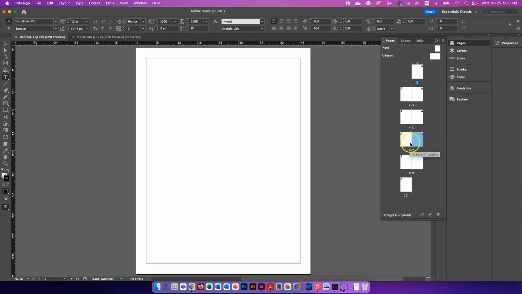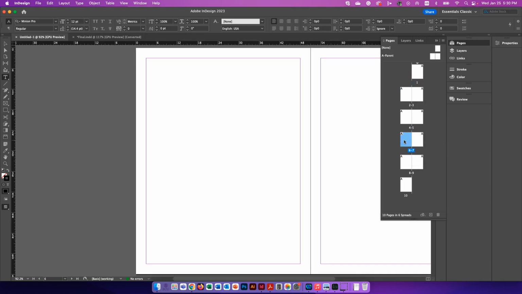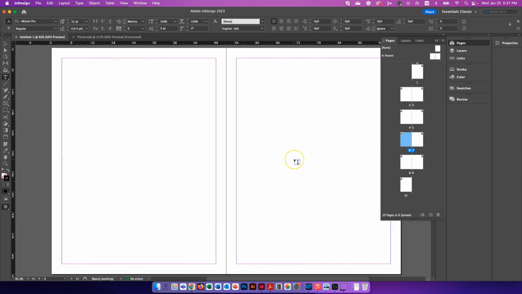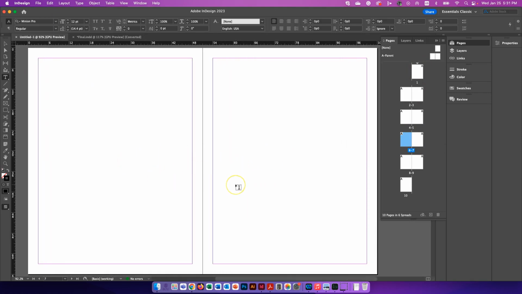If I want to switch to page number 6, what I have to do is double click. See, when I double click, that blue highlight moved away. Now 6 to 7 is highlighted. So now I am on spread 6 and 7. I did explain the spread and the pages earlier. The page means each of those pages, so page number 6, page number 7, when facing pages are together, these two together are called a spread,